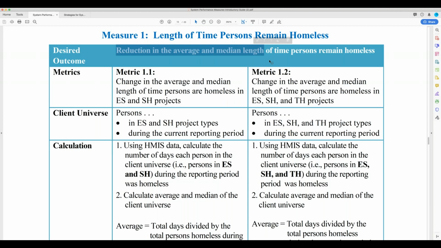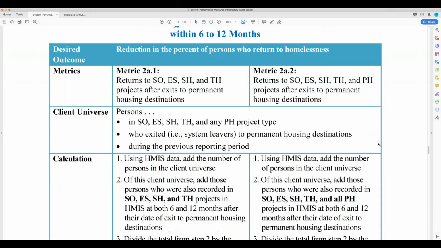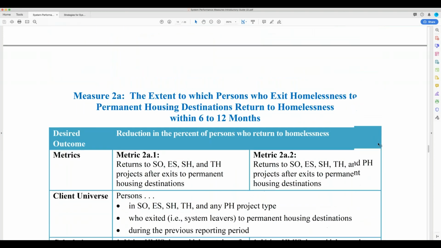Let's actually see if we can, by virtue of that, if we're setting aside housing units for the people who are the chronically homeless, and we house 20 chronically homeless dudes in 6 months, guess what's going to happen to our average length of stay in homelessness? It's going to drop substantially, because that guy that was in our Safe Haven program who had been in emergency shelter or on the street prior and had been homeless for 12 plus months, he gets permanently housed. All of a sudden, you take that big number out of our average length of homelessness. And so those are the things that are really impactful. And thanks for thinking of that. Thanks for the brainstorming. I appreciate everybody participating there.